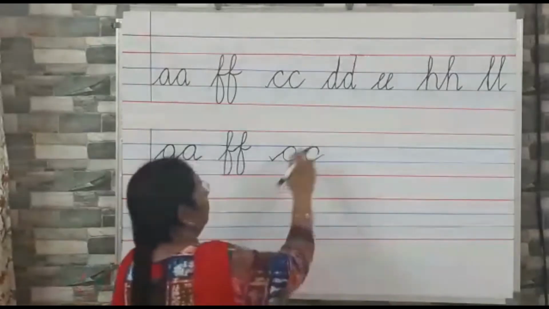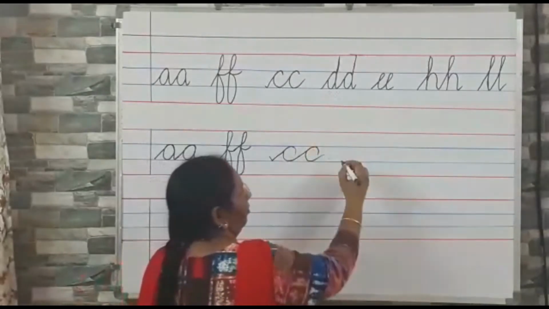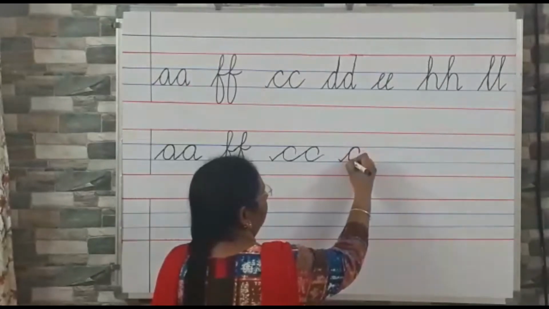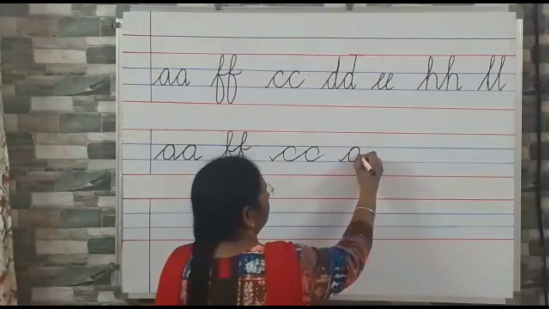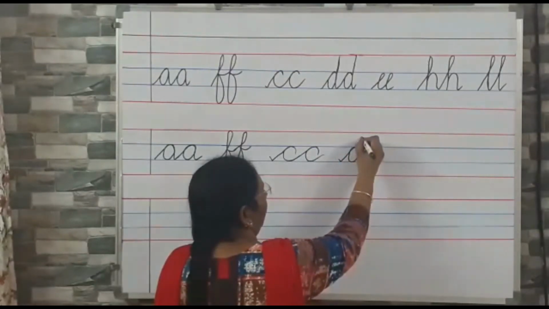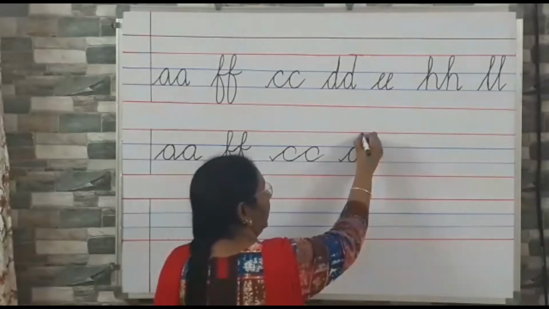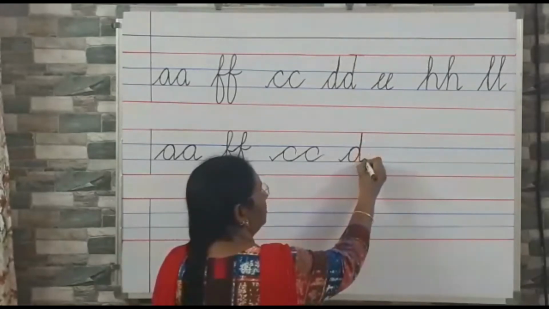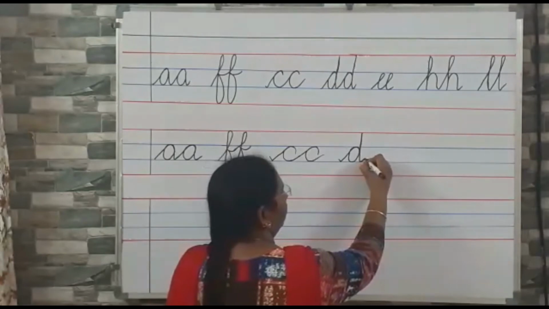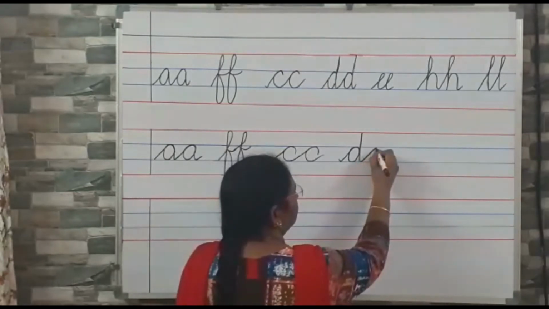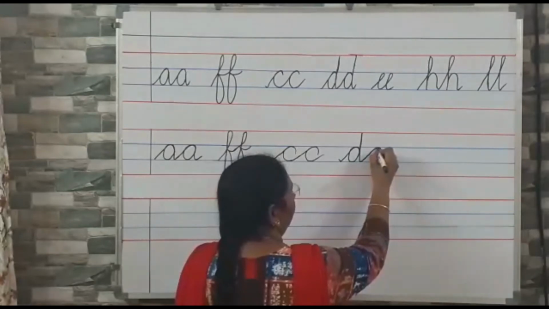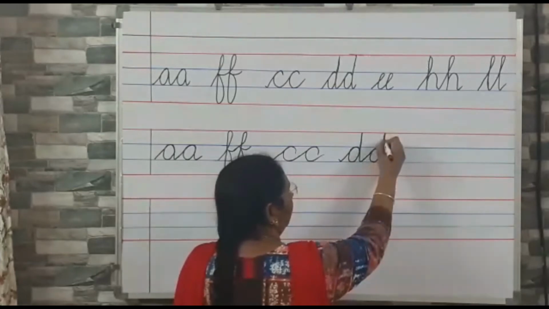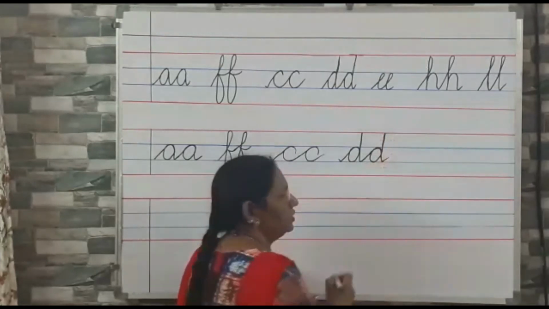Now what letter is this? D. Again, first of all, we have to write A for apple first of all. Write down A for apple between these 2 blue lines. Then go up, up, up till the red line. And on the same line you have to come down. Okay, like this and a little tail and D is ready. Don't lift your pencil. Again, practice the same thing. A for apple. Touch the lines properly. Go up. Come down. D is ready.